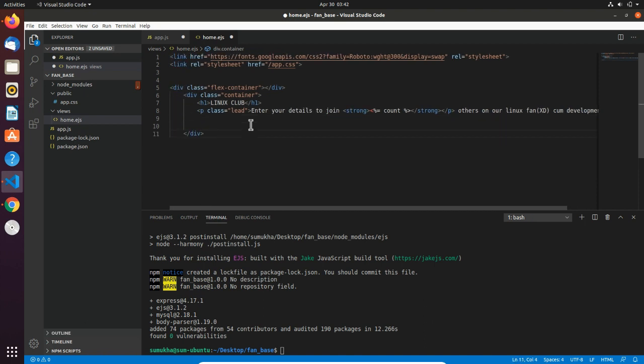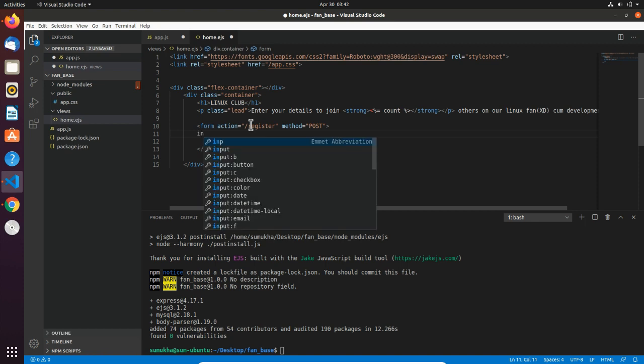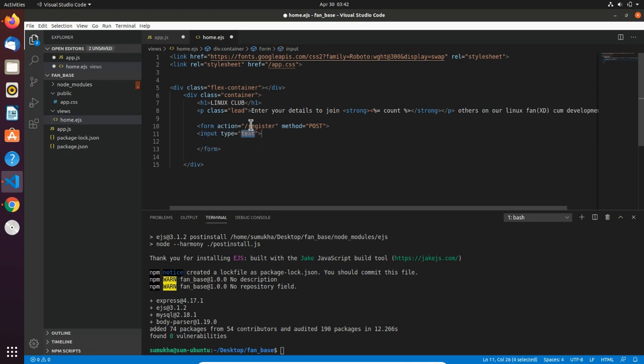Here now let's type in our form. Method. Action must be a route called as register. I'll specify the route later, and method must be post, correct? So now input type, what and all we need.